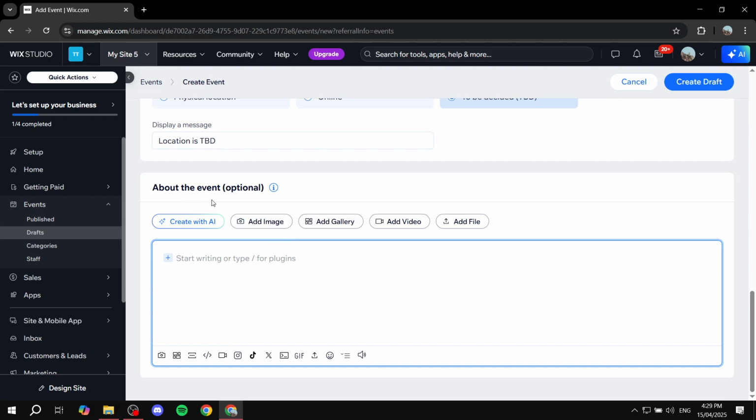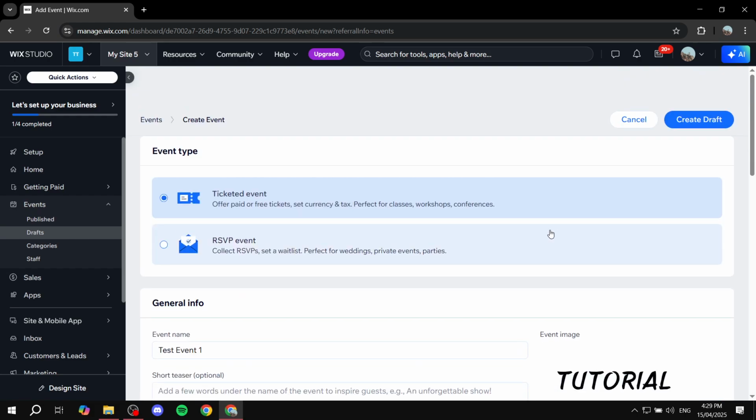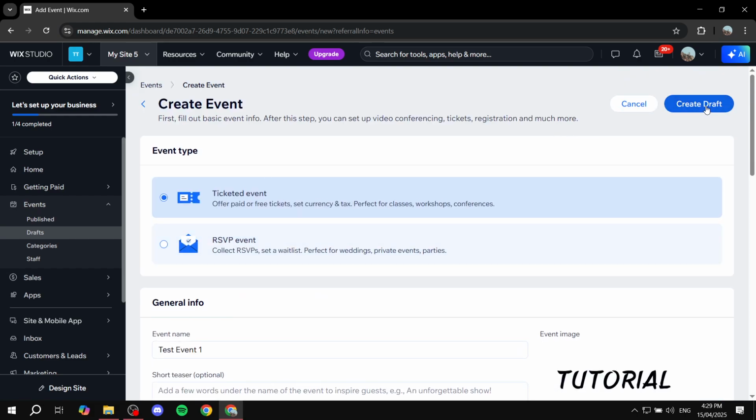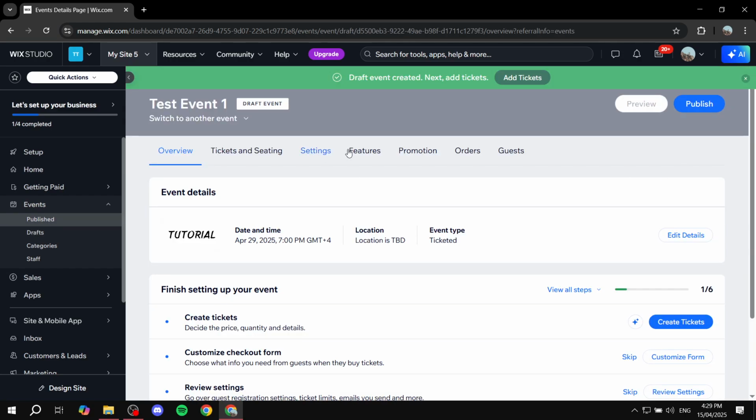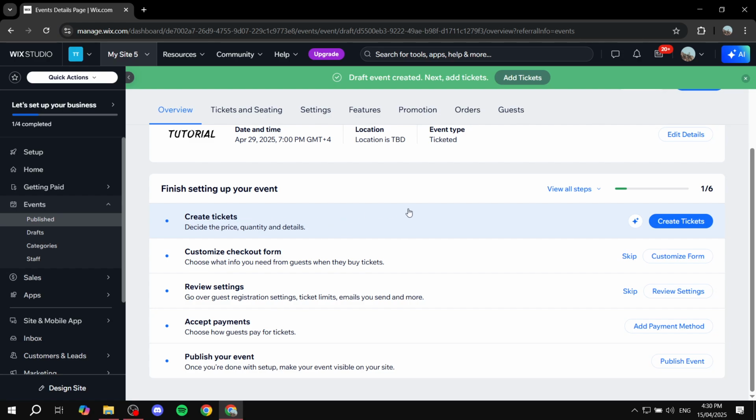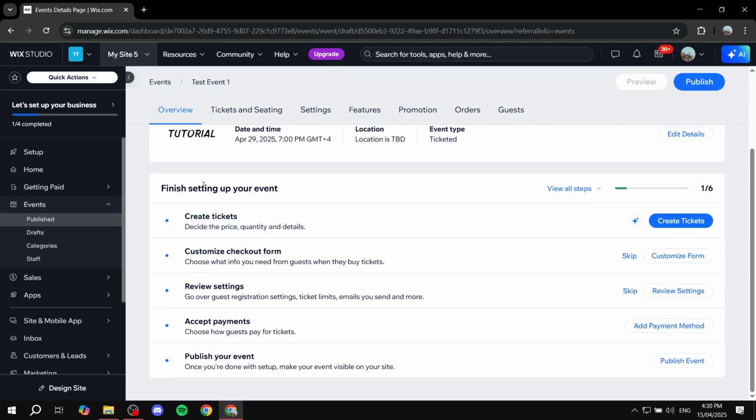And through the actual description, you can add some images and stuff like that as well. Once you're happy with it, click on Create Draft, and we're not done just yet. We have a few steps to go. Most importantly, you have the Create Tickets tab here. But we also have more steps like customizing checkout form, review settings, accept payments, which is going to be something